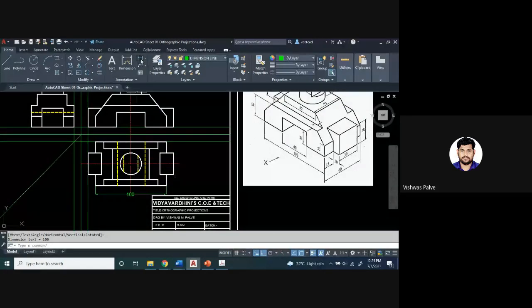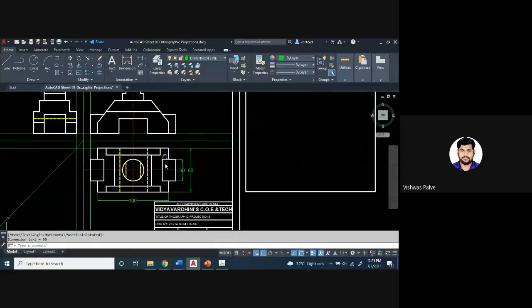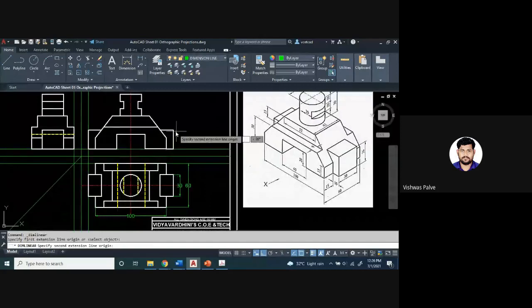Then I want to show this 60mm. If there is a longer dimension, it will be placed apart, and the shorter dimension will be close to the object. So this will be the process. First you have to show the longer dimension, and then the middle. Now no need to give this 15 millimeter. Make a habit of giving a maximum of 10 to 12 dimensions. Don't repeat the dimensions.